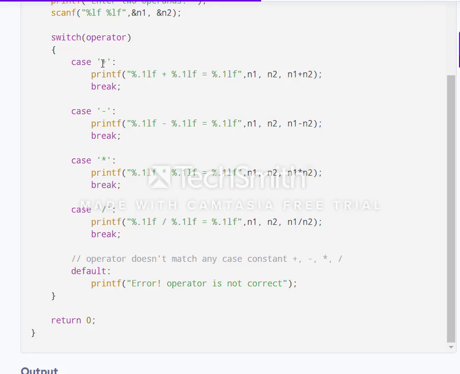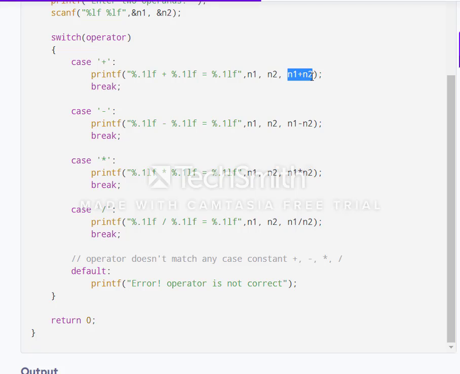So here it is plus. I have entered plus. I am taking a character, so I have put plus in single quotation marks. Just remember. Okay, here you can take any number also, otherwise any character, any value and variable, you can compare with this expression. Here you can do anything with the expression. Here case is equal to plus. If the operator you entered is equal to plus, it prints your first number and second number.